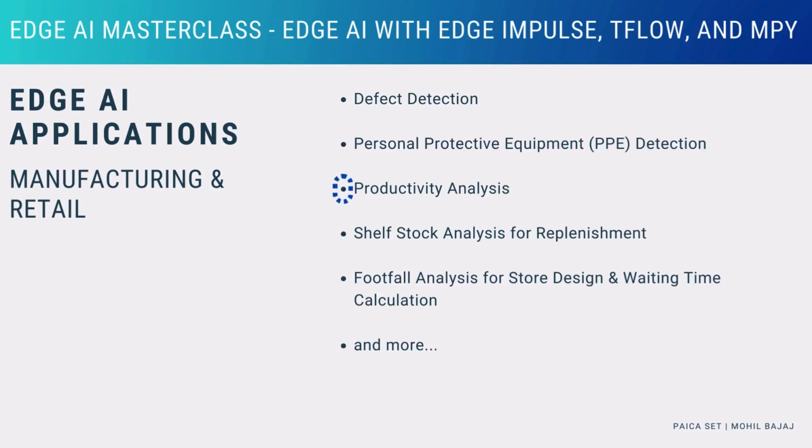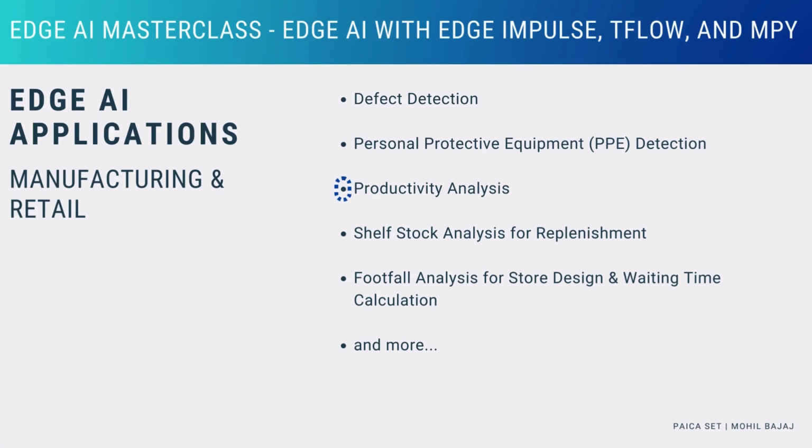Another area where Edge AI can be applied is productivity analysis. Productivity analysis, as the name suggests, is done to improve the productivity on the shop floor and to minimize wastages. These cost savings, which can be substantial, can then be passed on to the final consumer to make the product